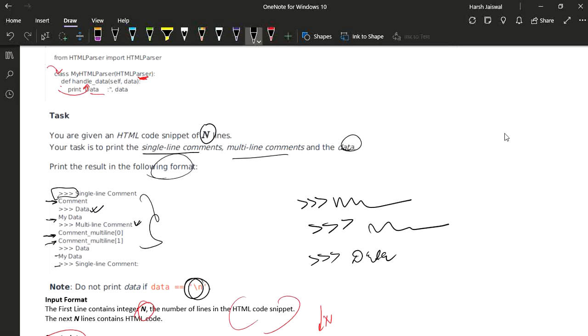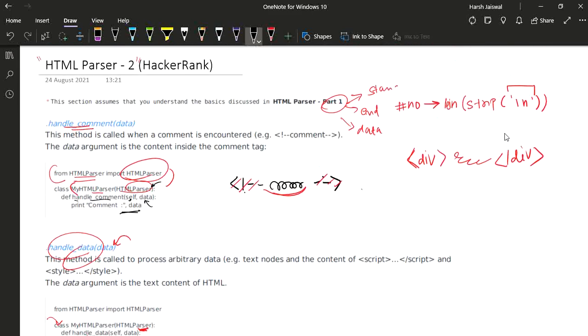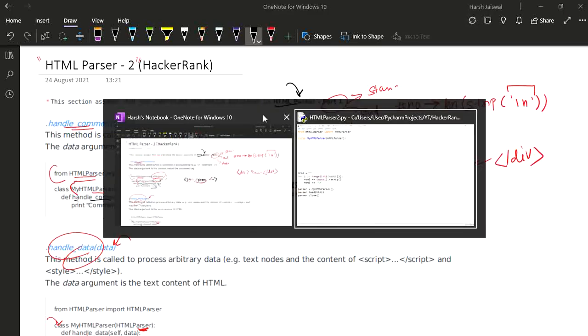Before that, I don't want you to get confused about what exactly HTML parser is, what exactly parsing is. For that, you should visit the card section right here, and watch at least 5 minutes, so you get to know what exactly parsing is and what exactly HTML parser is. And what exactly HTML is, if you don't know, you might know it, but okay. So yes, let's move towards the code section.